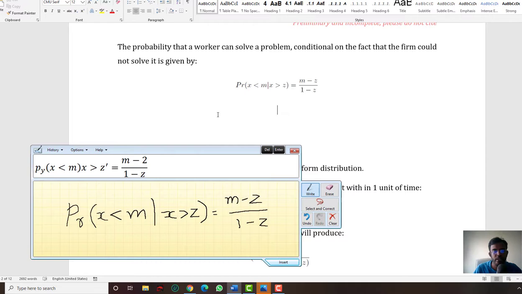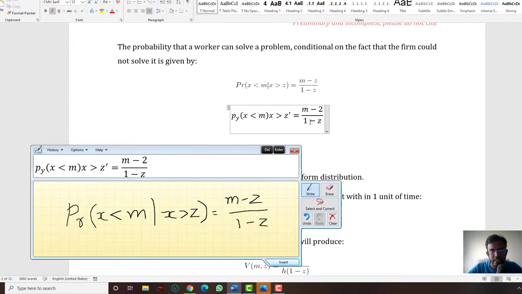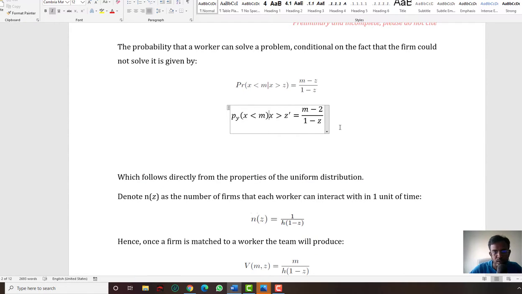And now we can do small changes. Suppose you feel that this particular expression, you can put it like this, x greater than Z, and you can start removing this thing. And if you want to make it an R, you can write it R. So more or less now you have the editable formula of the same thing.